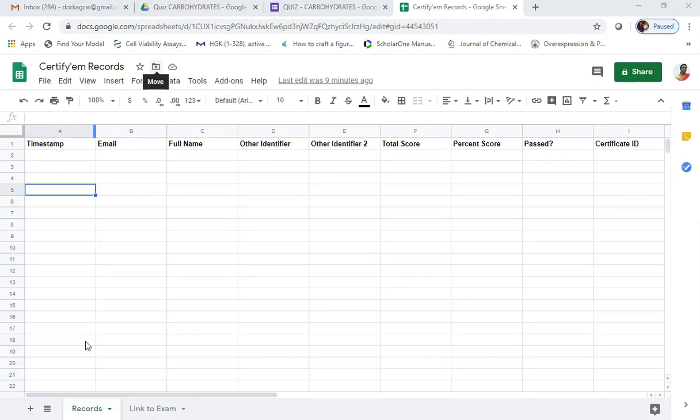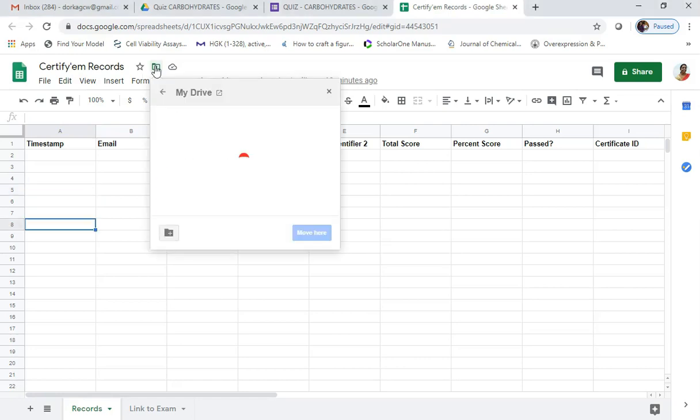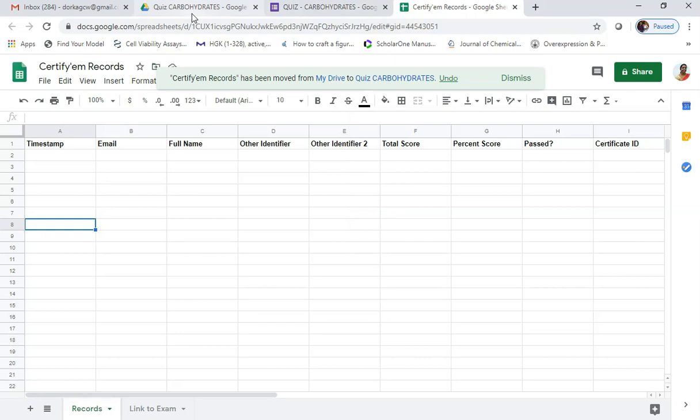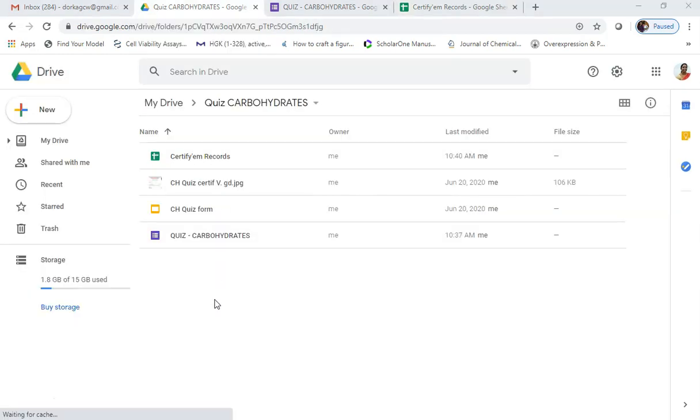We will move this Certify EM records to the respective folder where we are working with the quiz. Now we can see in our folder the Certify EM records.